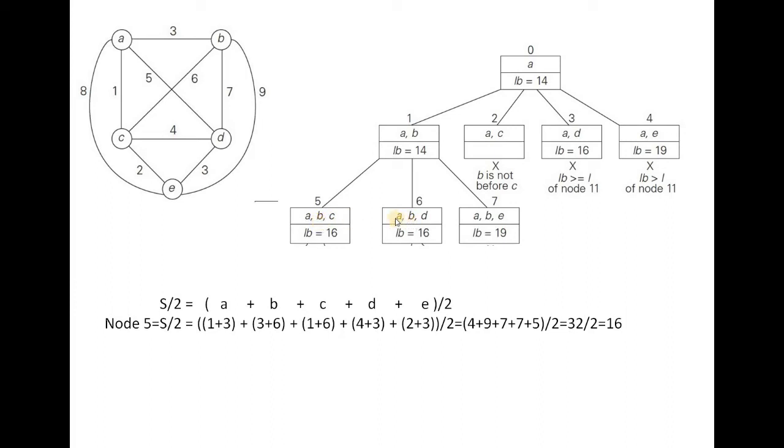Here also, for A and D, as they are the extreme end nodes, one of the values towards B is fixed. And you are going to find out one more least cost value for A and D, the extreme end nodes. Here also for B, the two routes are fixed towards A and towards C. But for extreme end nodes, you are going to find out one more least cost value as one is fixed here. Let's see how to calculate the lower bound value for node number 5.